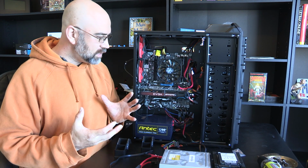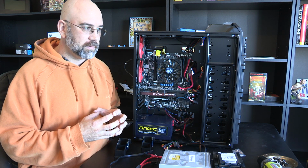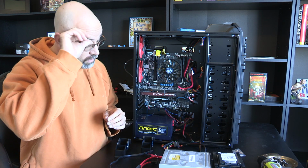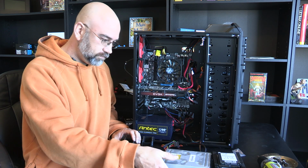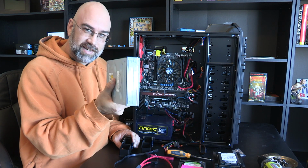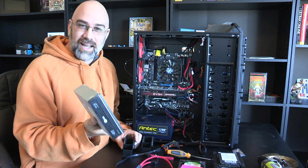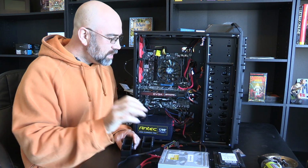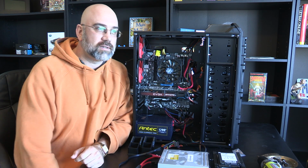Okay, so today's episode is really about some changes I've made after firing this up for the first time. So here's something I learned. One, in order to get an OS on the drive, you need a damn DVD drive. I didn't have a DVD drive in it, and so now when I fired this up for the first time, I found that